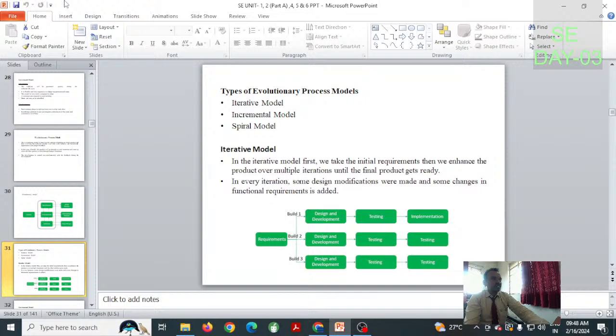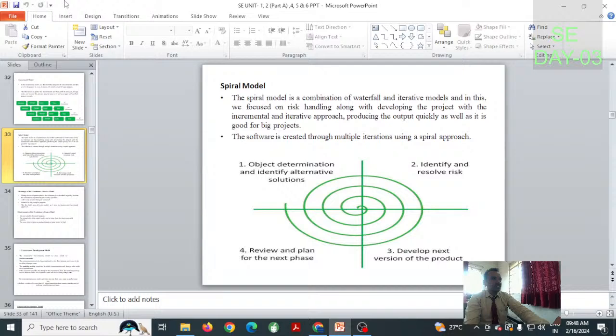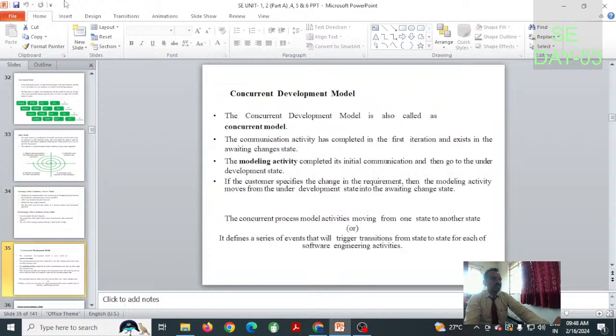Along with that we will discuss the different kinds of EPMs, and finally the advantages and disadvantages of the EPM. Okay. In tomorrow's session, we will discuss the CDM,